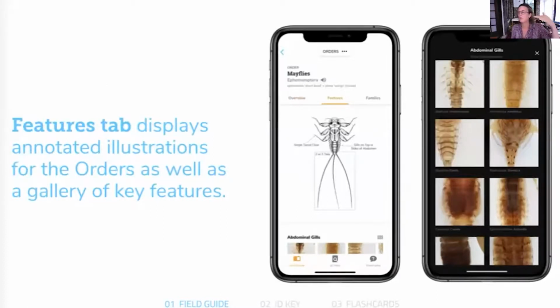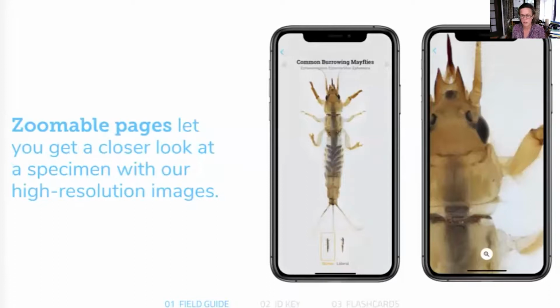Oh, and then the families. Yes, so you can go from orders down to family, and then get to the zoomable image where you can zoom in by hand. On the zoomable page at the bottom, you can toggle back and forth and use that little icon on the bottom to click back when you want to leave that view. One note, we're trying to keep the download size of the app manageable, but we have been able to double the resolution so that you'll get much crisper and cleaner images, and it'll still be accepted by the app stores and reasonable to download on a home connection.